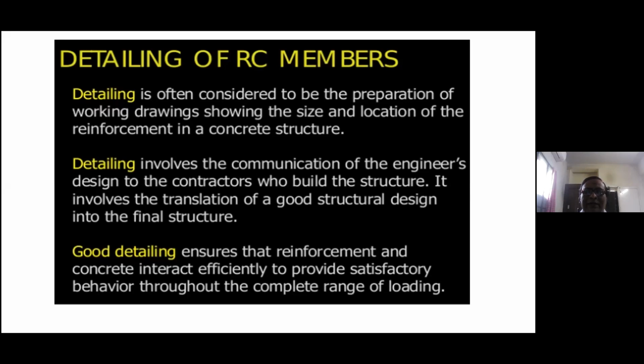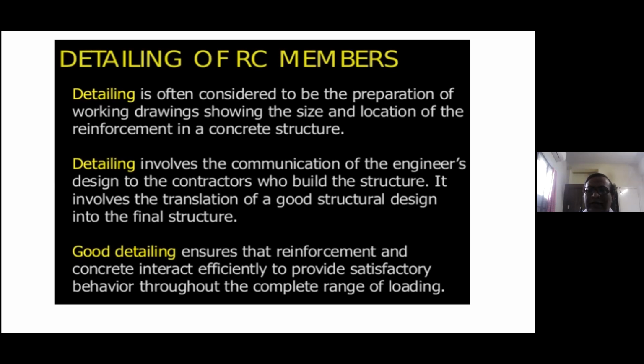If you take the example of a beam, what is the size of the beam? If the size of the beam is 230 millimeter by 400 millimeters, then obviously that is your concrete dimension. Then what is the steel reinforcement? You may say I need the bottom steel of 3 numbers of 16 mm diameter bar, and the top, 2 numbers of 20 mm diameter bar. This is what we get from the design output: the overall cross section of the member, the area of concrete required, and the area of steel required.